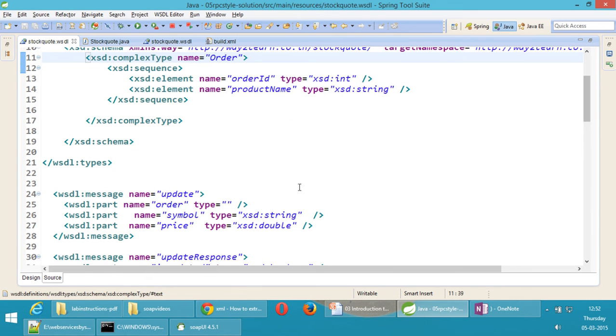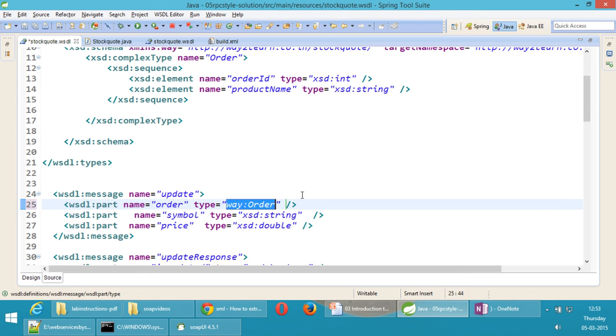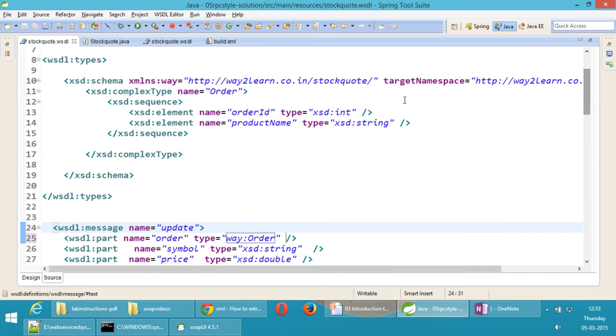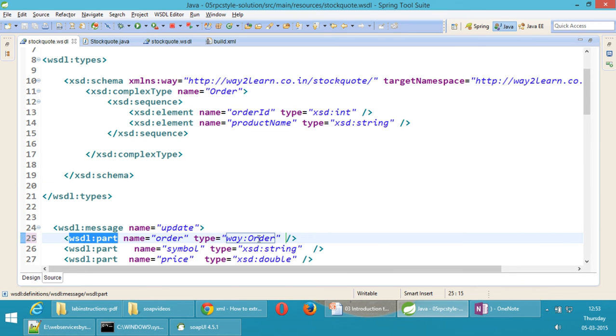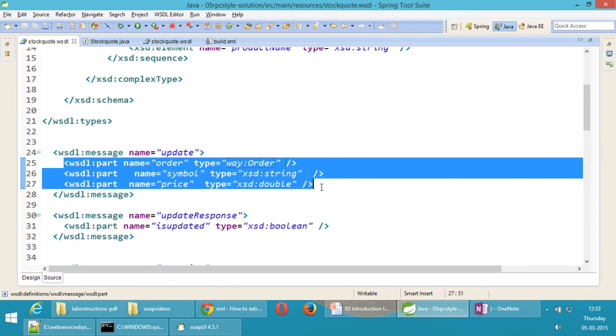Now let me check here. Type is equals to the prefix colon order. So in RPC style also there can be schema. Your part can refer to a type defined inside schema, but there can be multiple parts. For all parts there won't be a schema. For the whole body there is no schema. Individual parts may contain a schema. Otherwise, how would I make my method to take complex objects like order?